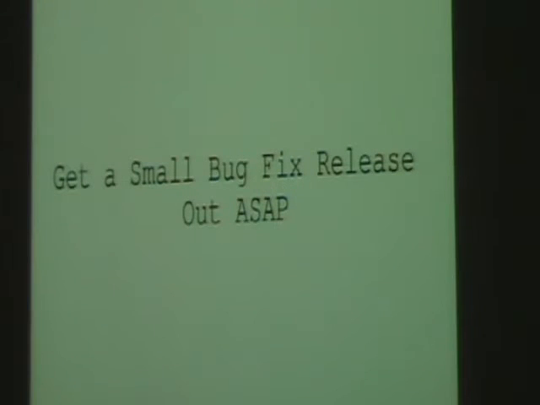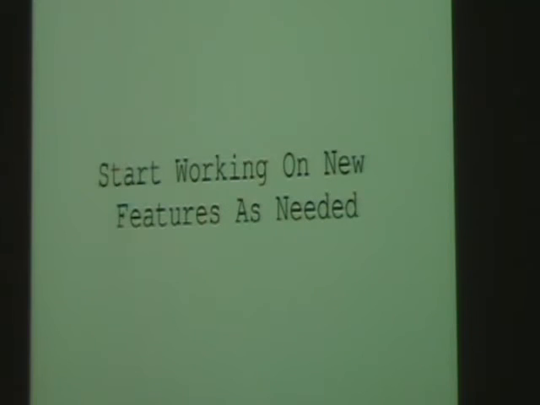And if it's, say, an internal project, just fix a couple of problems and then get people using it. That's a start. And don't worry so much about being the hero and making it the next big thing. Start working on new features as they become important and as you have time for them. Because the key is just to make something usable again.